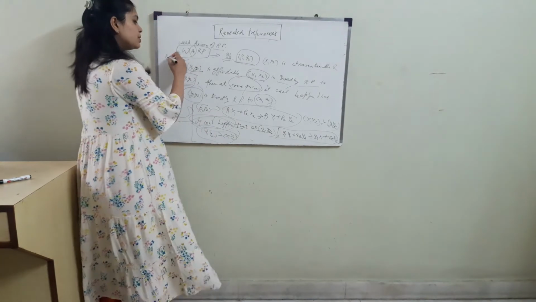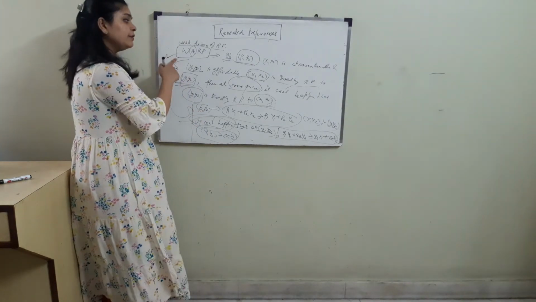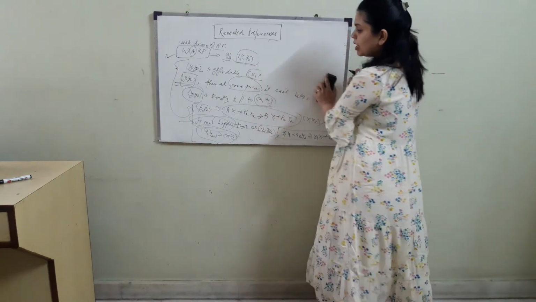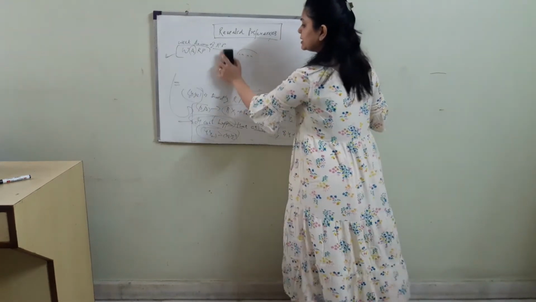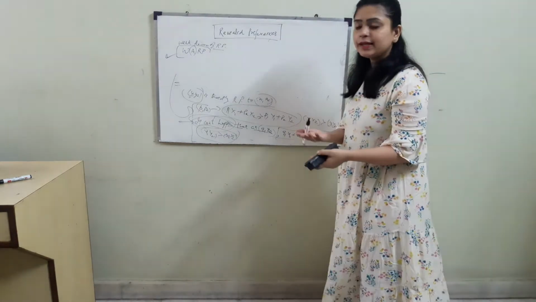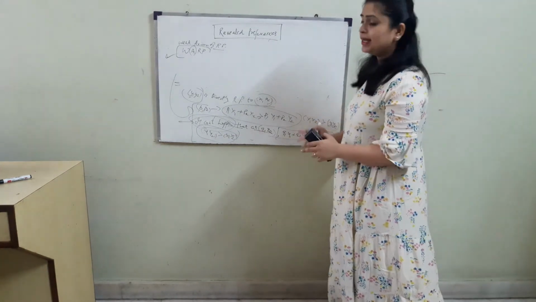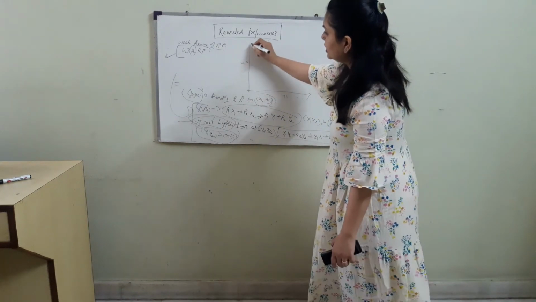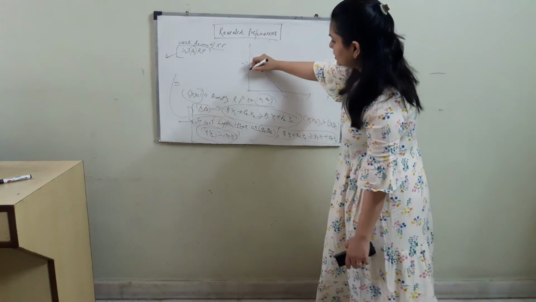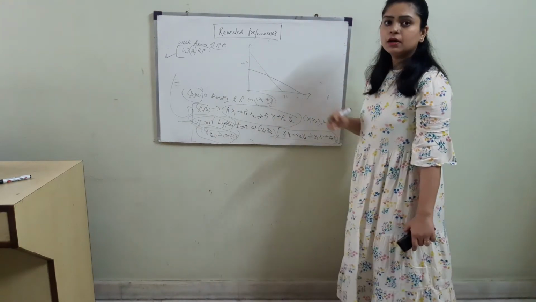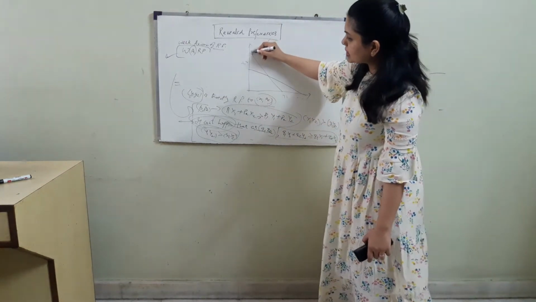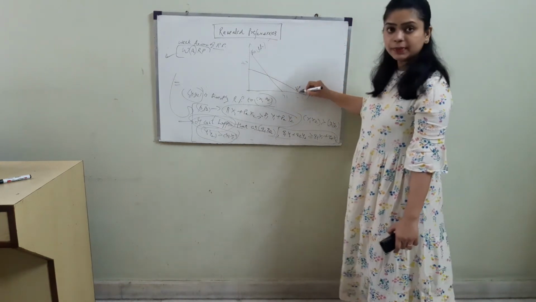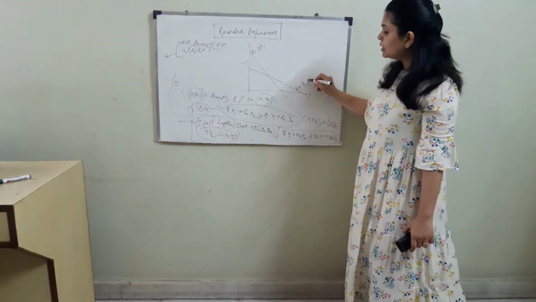Alright, so as long as that is not happening, then VOP is satisfied. If it is the case, then VOP will be violated. Now let's graphically understand when VOP will be satisfied and when VOP will be violated. So here I have the X1 bundle, X2 bundle, and suppose these are two different budget lines. This is BL1, this is BL2. BL1 corresponds to prices P1, P2. Budget line BL2 corresponds to prices Q1, Q2.